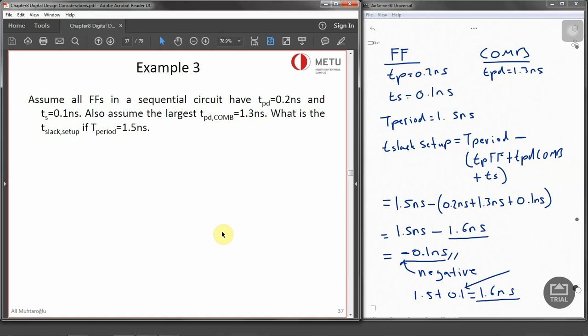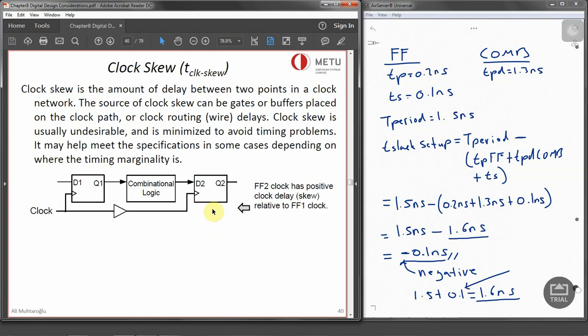Another important thing when we consider the sequential circuit is the clock skew. Clock skew is when we have multiple flip-flops all supplied with the same clock, but from the first flip-flop to the second flip-flop we might have some delay. That delay might be because of a buffer on the path or because of long wiring. So when we consider this type of circuit, we need to consider the skew of the clock because there will be a short delay. We need to add this delay into our setup and hold time equations so that it is considered